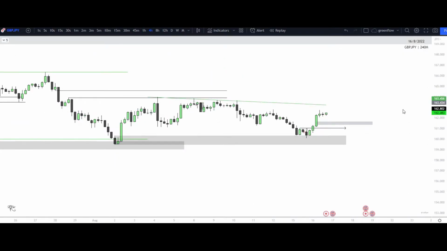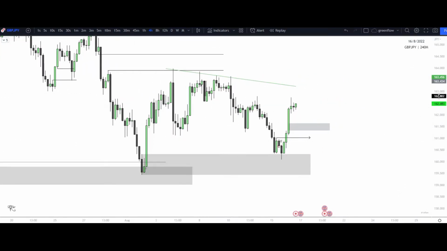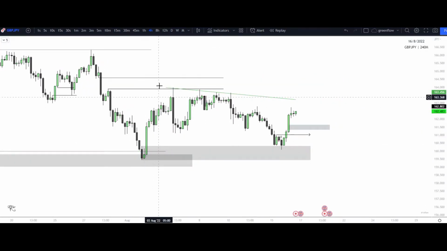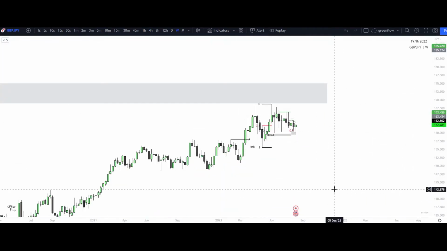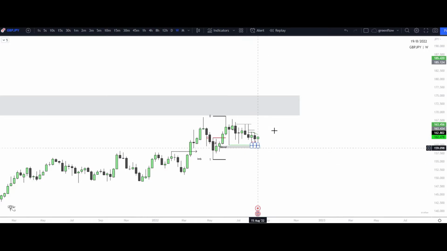But understanding the 4-hour and understanding that we are possibly reaccumulating, right? We saw that demand candle, that break of structure to the upside, institutional candle down here. We had a lot of lows, right, that were being left. Distribution again to then accumulation. So we're looking for this narrative, this picture that we're seeing right here on the higher time frames, on the weekly time frame. Distribution to then accumulation.